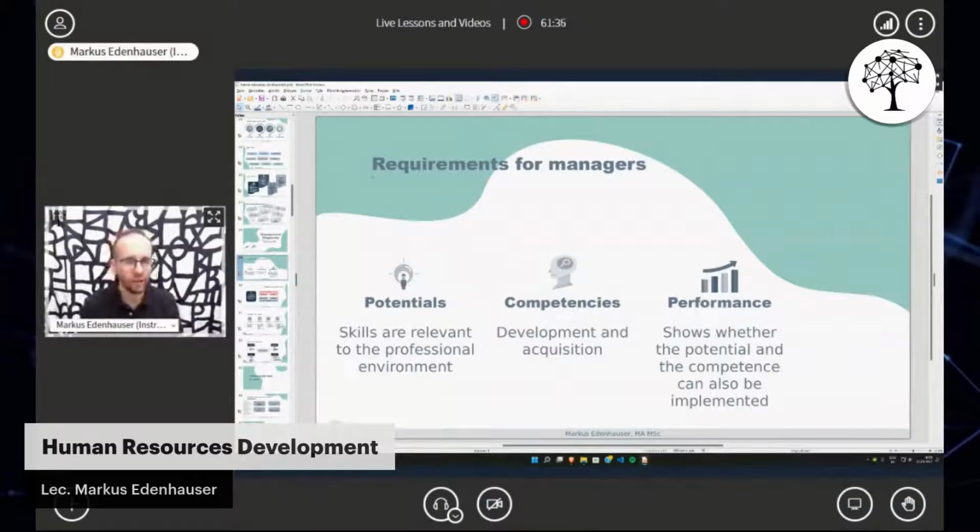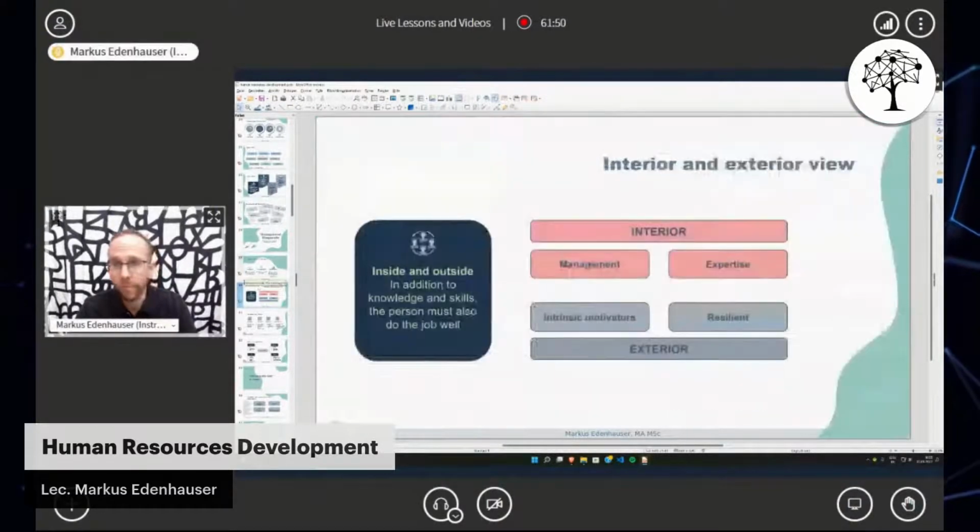Of course, the managers are then making the annual meetings, but we sustain or help them with the right papers, with the right instruments, etc. So, inter and extra review, really, really necessary when it comes to the human resource